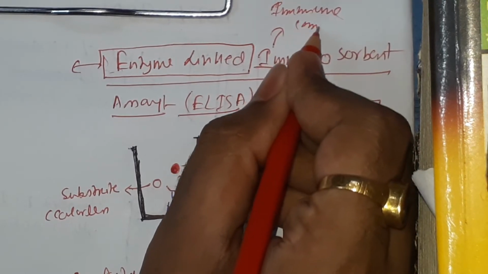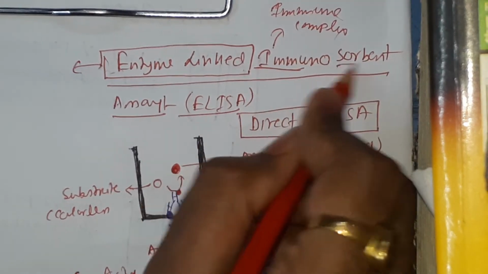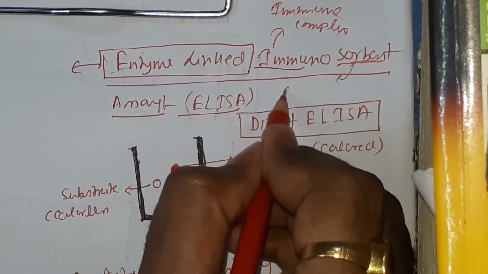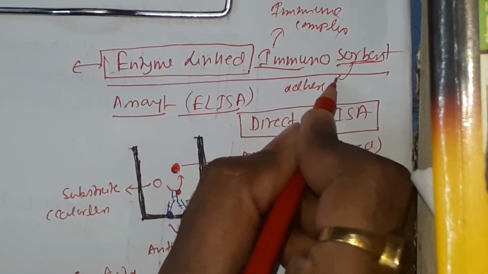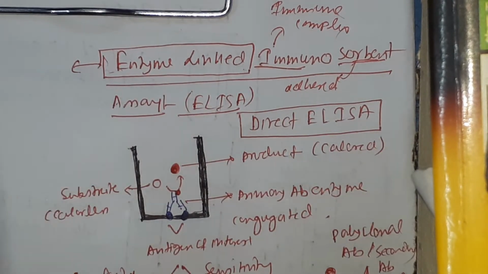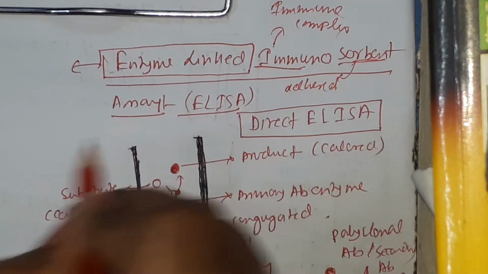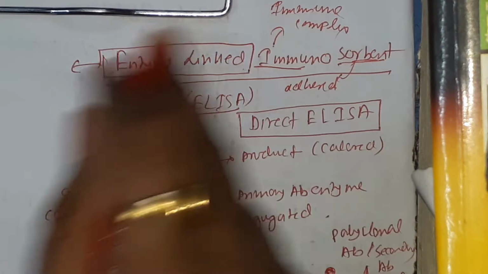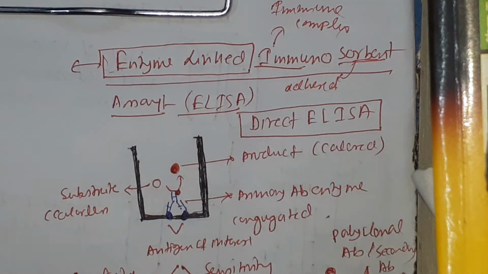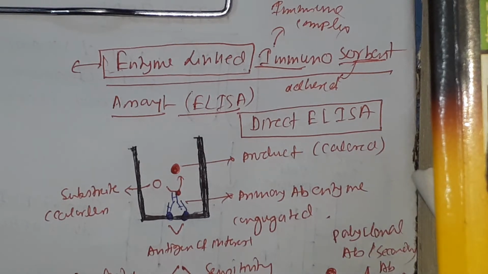And sorbent means it is adhered with a surface. That is why they are telling us sorbent assay. So the name enzyme linked immunosorbent assay tries to tell us that with the help of an enzyme linked molecule we are going to detect an immunocomplex that is adhered on a solid surface,